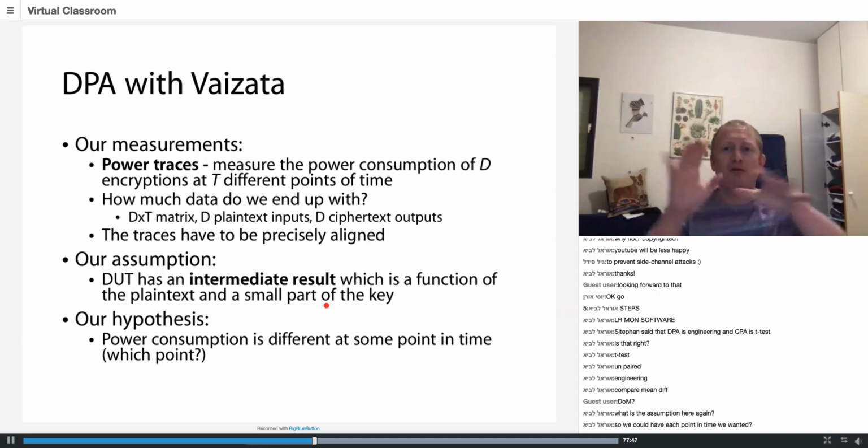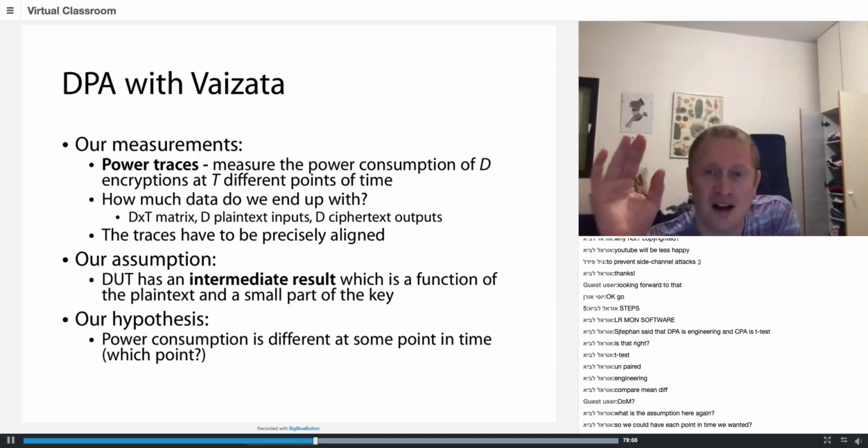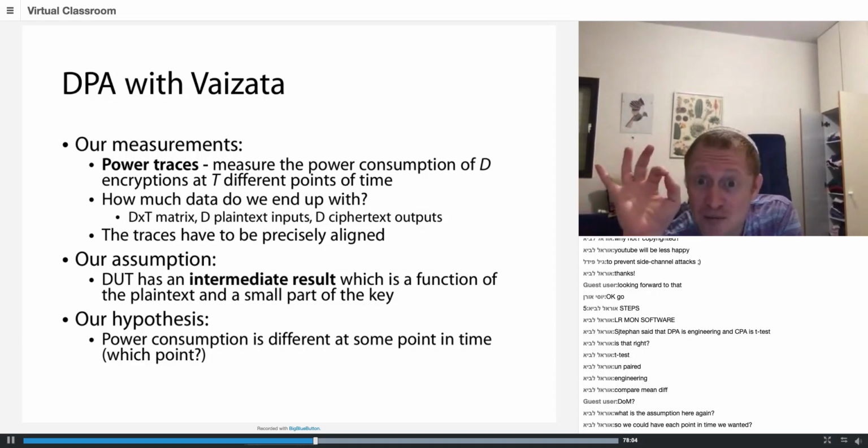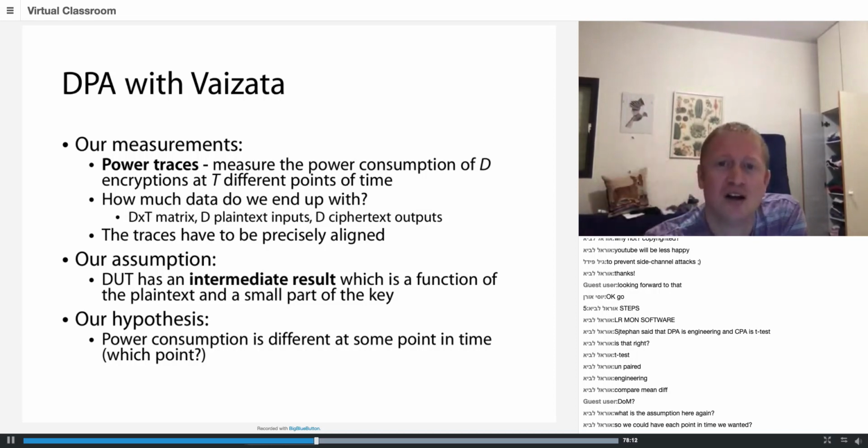Now, before I do the attack in practice, I want to find somewhere some really, really nice intermediate result that I can use. So for this intermediate result, I need to find a point which I can simulate, and it mixes the plaintext and the key. So now I want to spend a few minutes on going over the